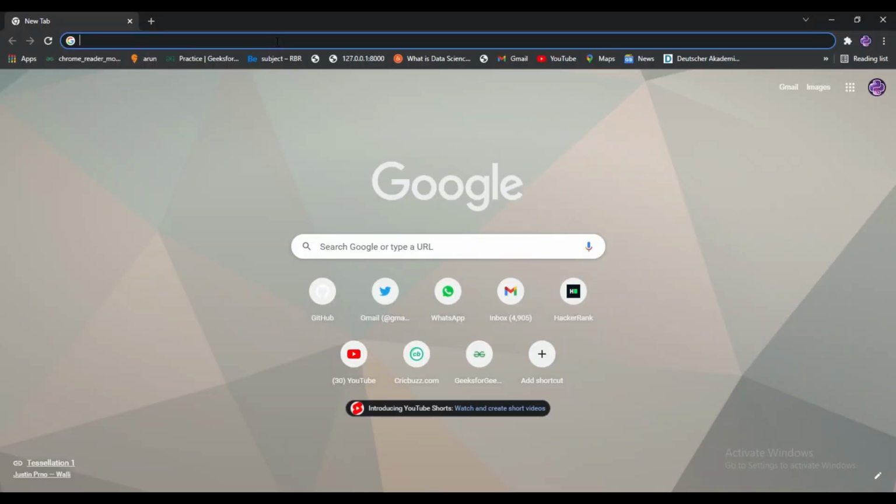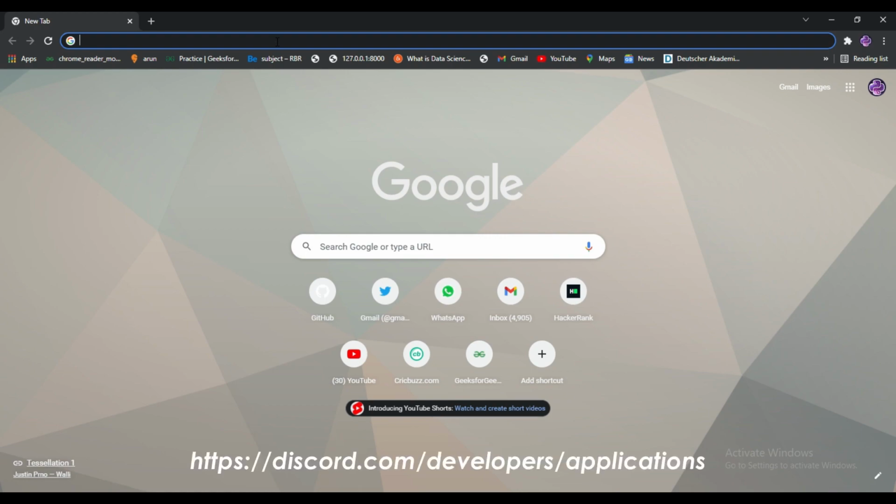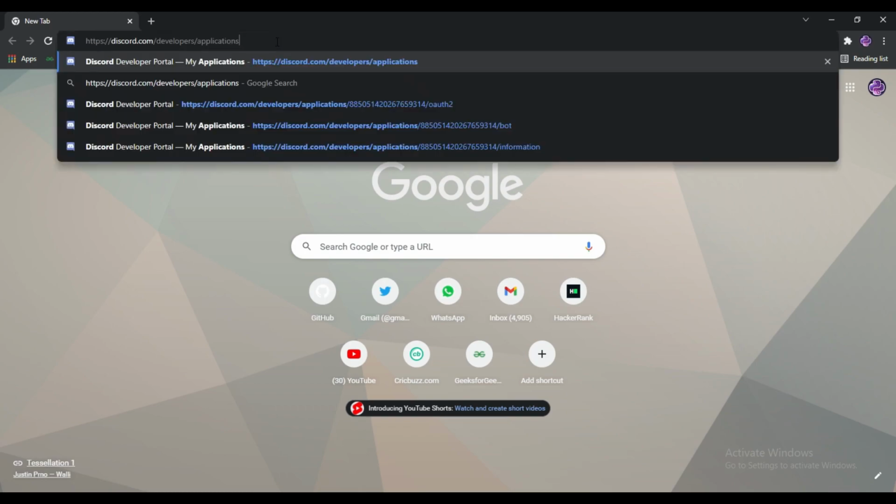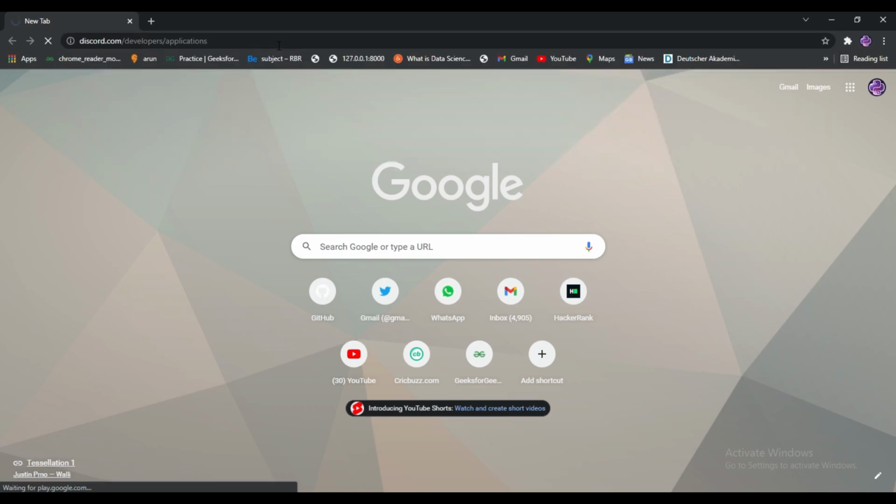Before we start to type the logic, we need to focus on the Discord APIs. First you need to create a new Discord bot application on the Discord side. Just follow my instructions carefully. You can see this link. What you need to do is paste this link in your browser, and it will redirect you to this site. This site is the Discord application site.